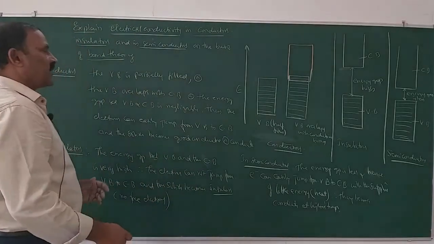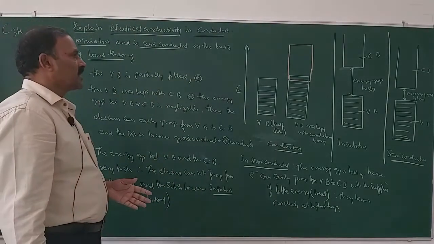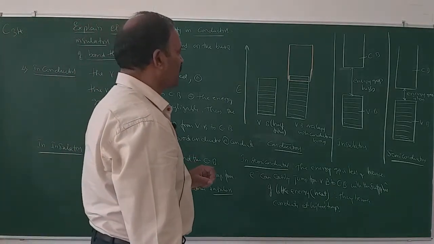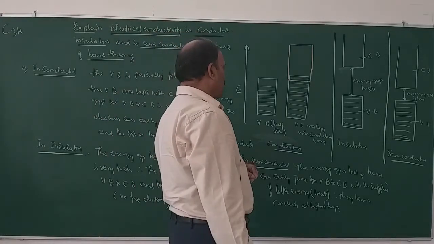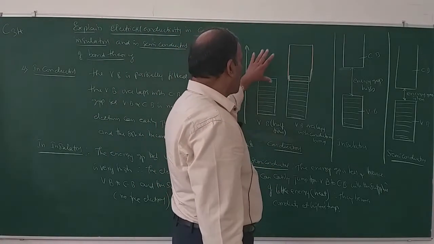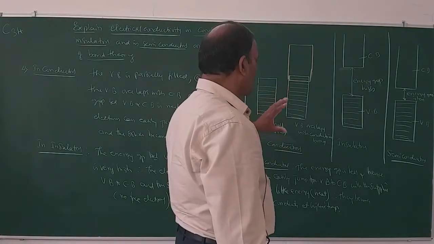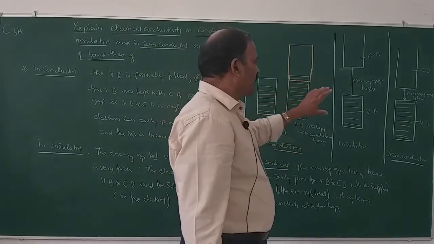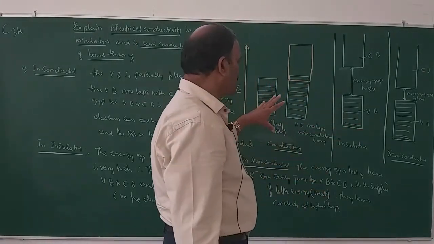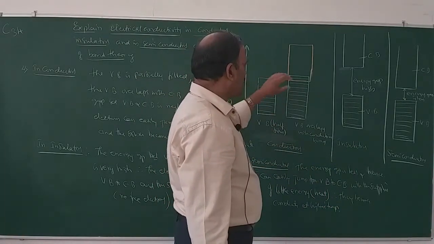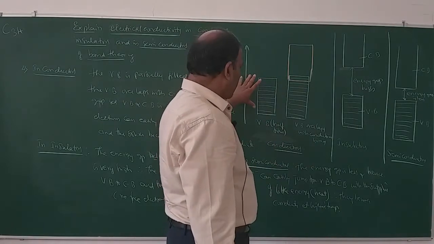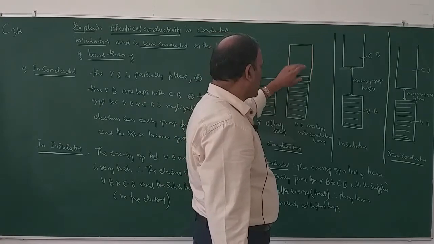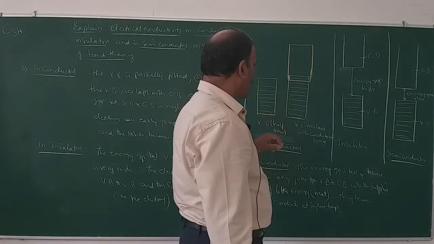So this is the main difference between conductors, insulators and semiconductors based on band theory. According to band theory, atoms form two types of bands, valence band and conduction band. Depending upon the energy gap between valence band and conduction band, solids are classified into conductors, insulators and semiconductors. In conductors, the energy gap is negligible, or they contain only half-filled valence bands, or the valence band overlaps with the conduction band.